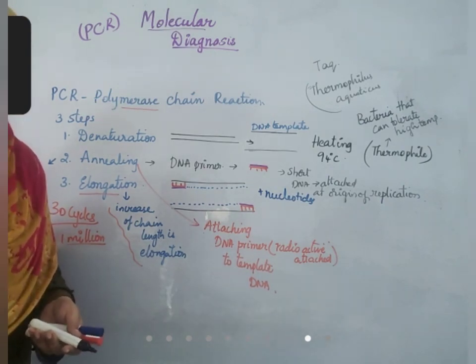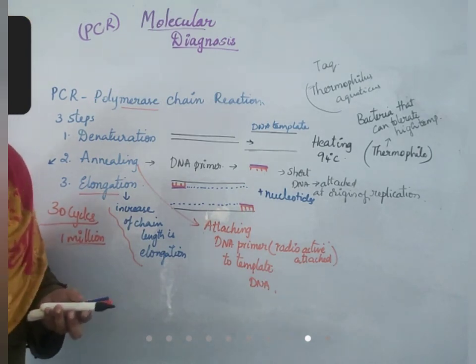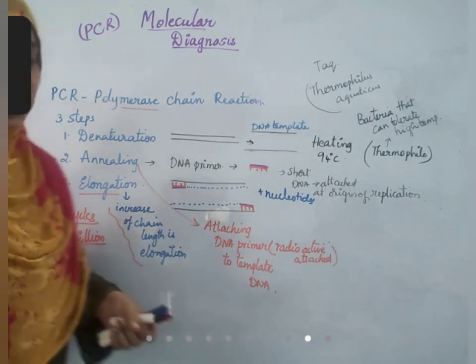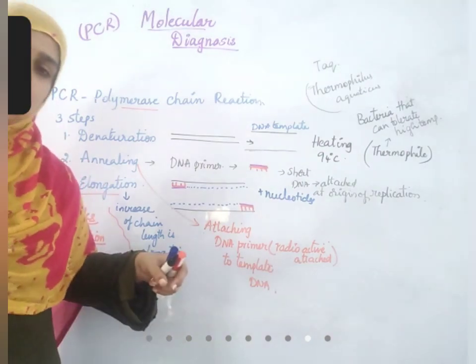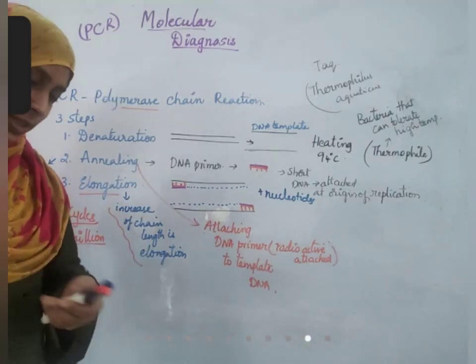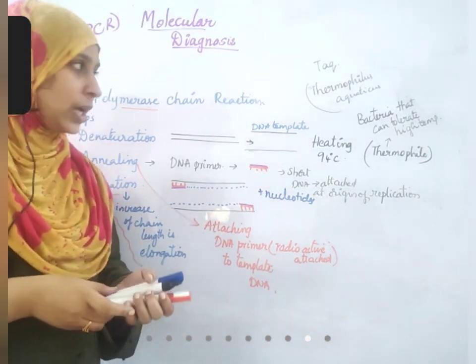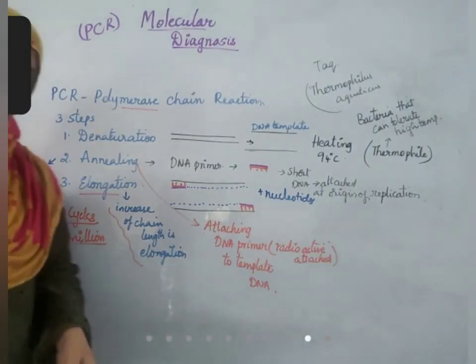Nowadays, RT-PCR is done. How is RT-PCR done? The RT means reverse transcriptase. The virus will use our DNA to produce its DNA. That is by reverse transcription, it is making its DNA. That DNA is polymerized. So that is why it's called reverse transcriptase polymerase chain reaction.